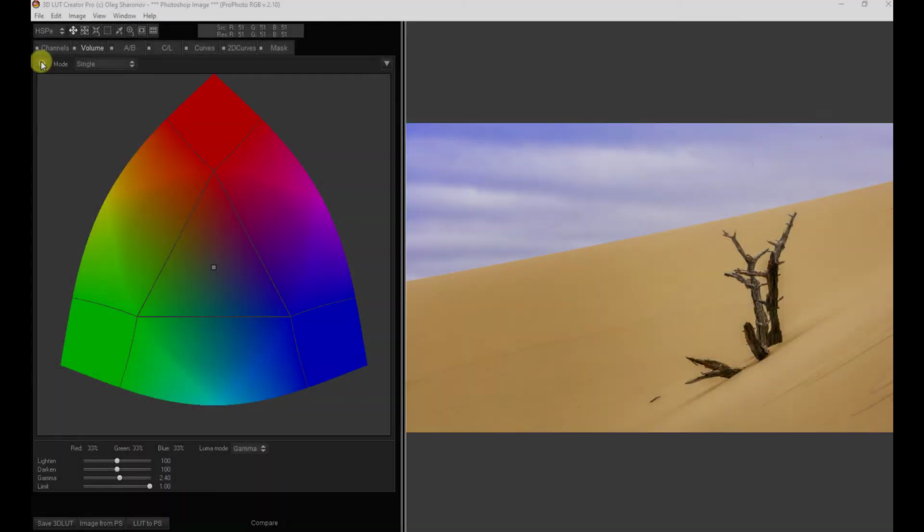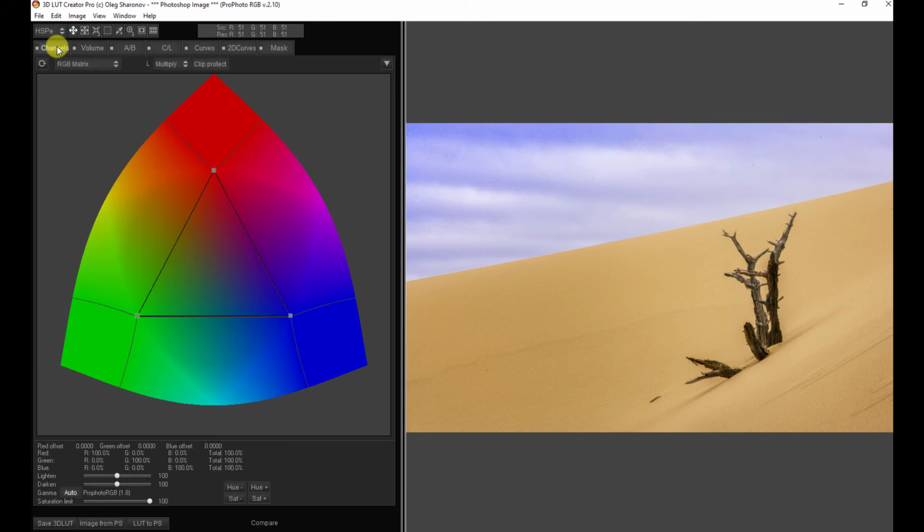Okay, so this is going to be a little freewheeling. Let's go to the channels tab. And I'm thinking it would be interesting in terms of a bit of a color grade to have more cyan in the blue sky, and then maybe make some adjustments to the color of the sands with either some yellow or red. So I know I want to start with some cyan in the sky. So I'm going to take this point, and by moving it to the right, I'm going to push the cyans into the blue,